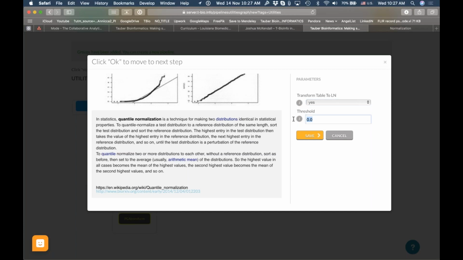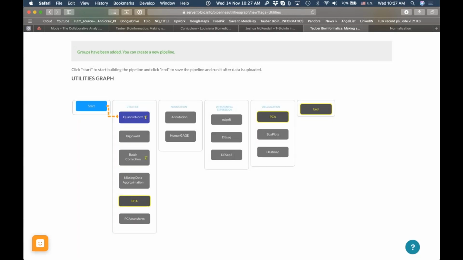And then we can use a threshold. So because you saw that the majority of the values are very low, we actually want to normalize only the top. So we want to leave everything that is below certain value without touching it, right? So here we can use, for example, 10 or something like this, low values,